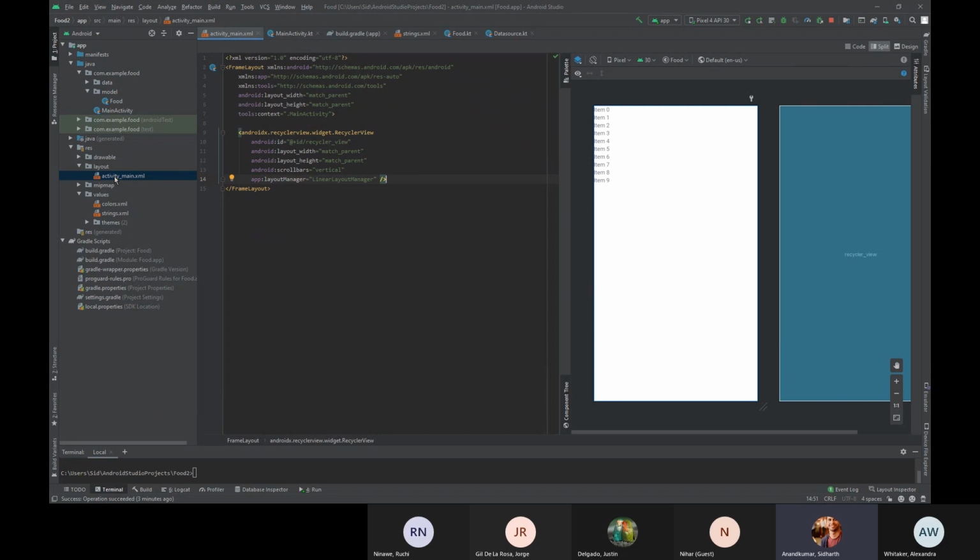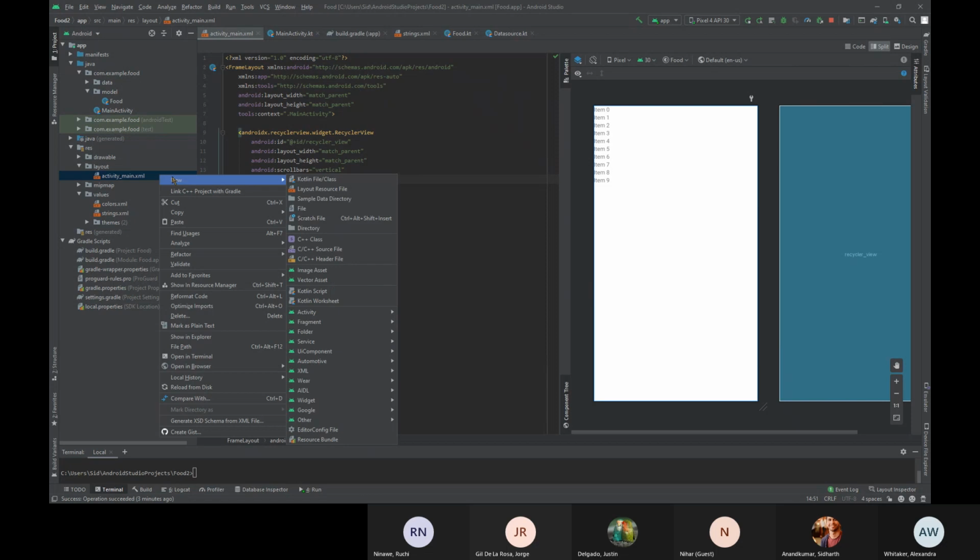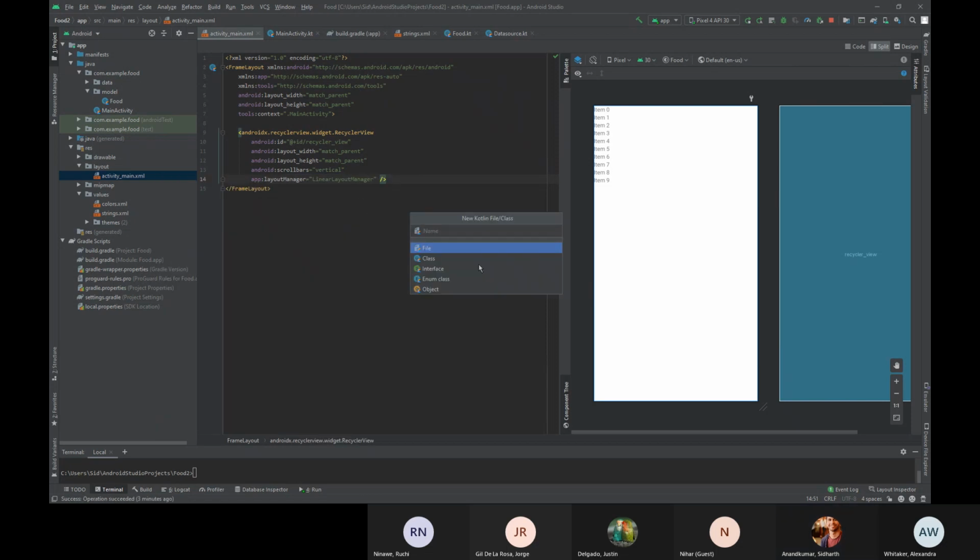You want to open a new file called list_item.xml in code view. So in order to do that, you want to create a new file, and then you want to call it list item,